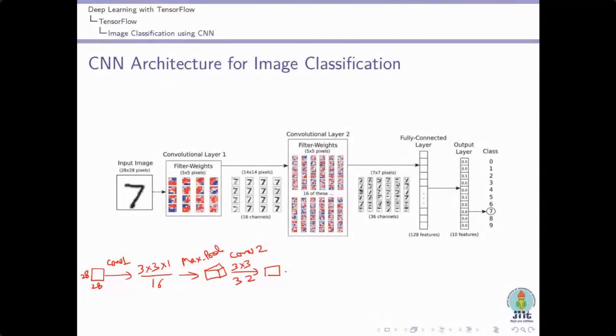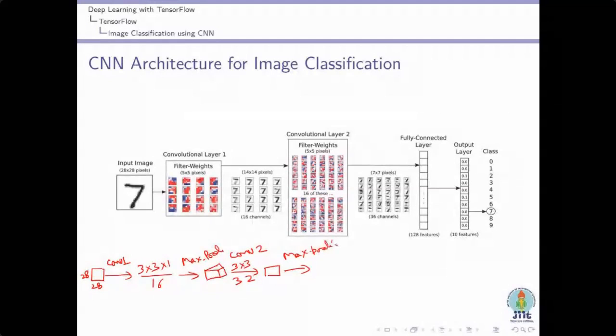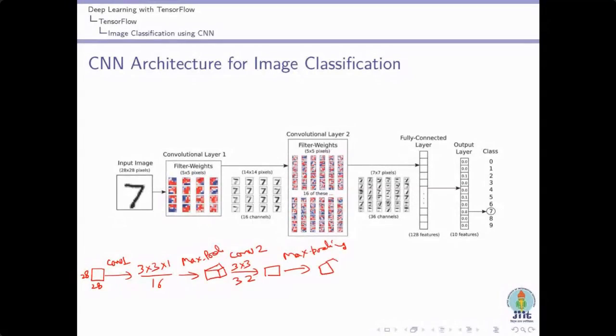Then we use another convolution operation, convolution 3, with a 3 by 3 filter and 64 filters. With the same convolution, it will give the same size. Then we again use the max pooling operation, and then we flatten the data.